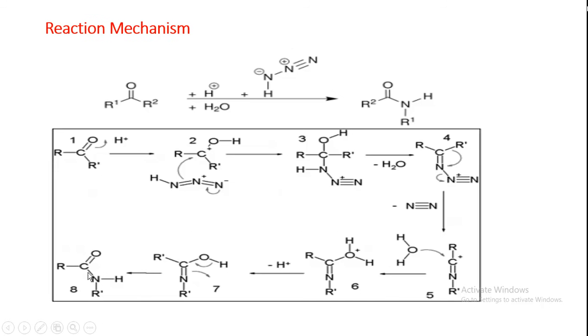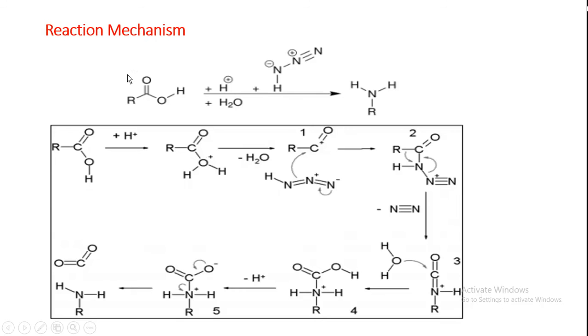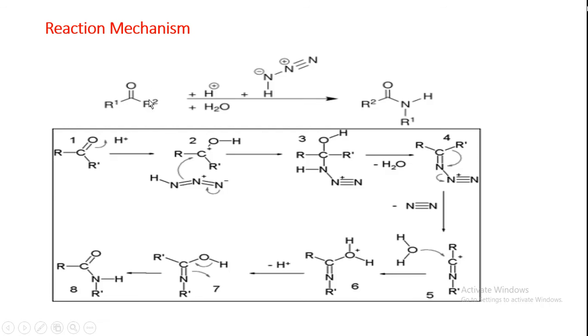Next, another. Here we have seen the starting material as a carboxylic acid, but next this is a ketone. So with the same reaction we are getting the amide, C double bond O NH. Again H plus will attack, so it will form OH, COH. Next what will happen, this nitrogen, again same mechanism, will form a bond here,